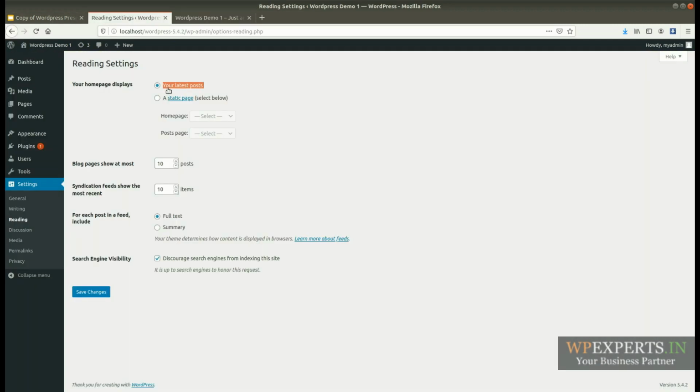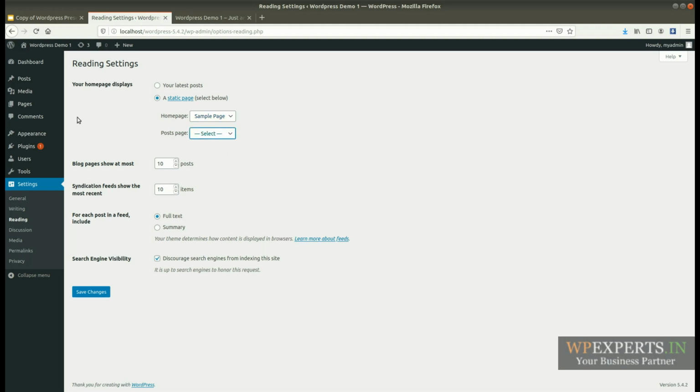So your latest post. Like if you want to create a static home page for your new website, in that case you will need to create a new page and you can select the page from here. Okay, so this will be your home page, and the posts page will be your blog page. You can also choose the blog page from here.